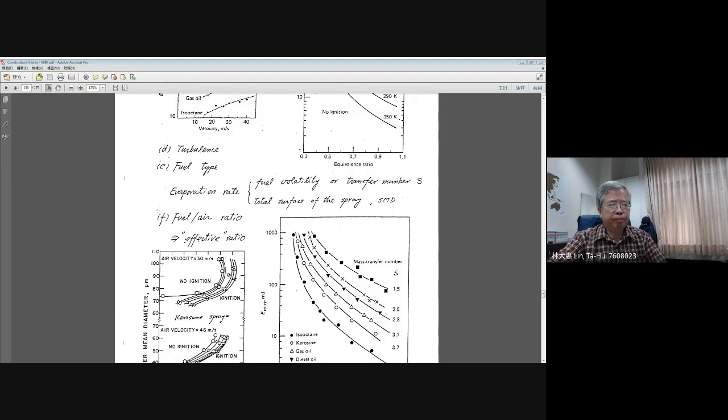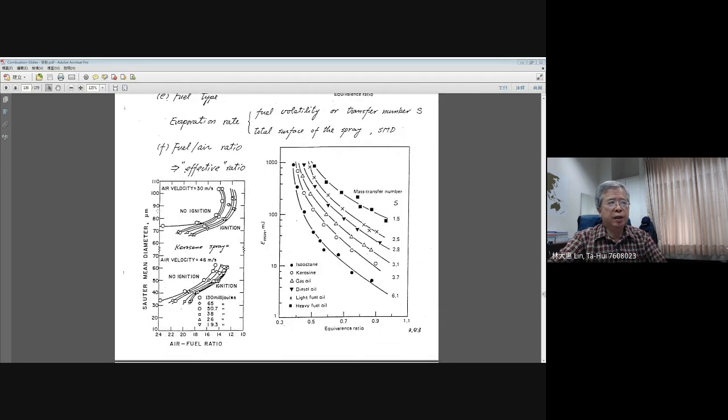Here there are two figures to support our observation. On the right-hand side, they calculate the spalding number. As we described, when you have a larger spalding number, the gasification process is enhanced, so the minimum ignition energy will be reduced for different kinds of fuel. And the left-hand side gives you the air-fuel ratios for different ignition